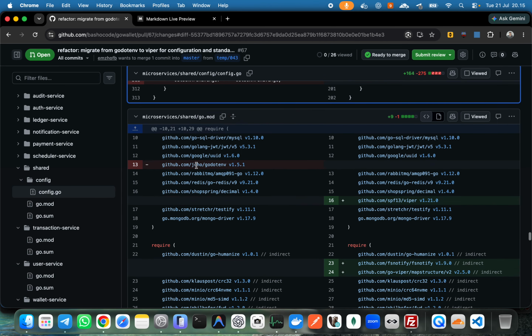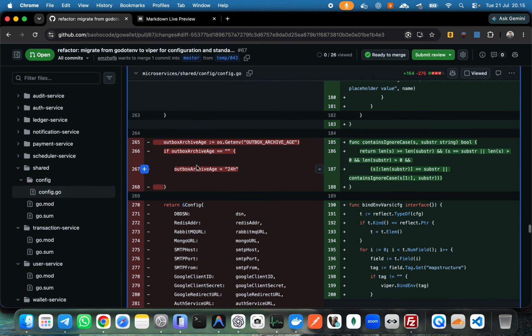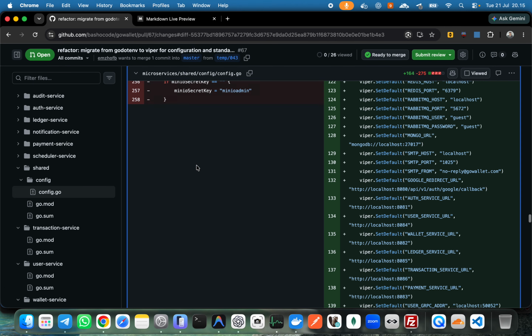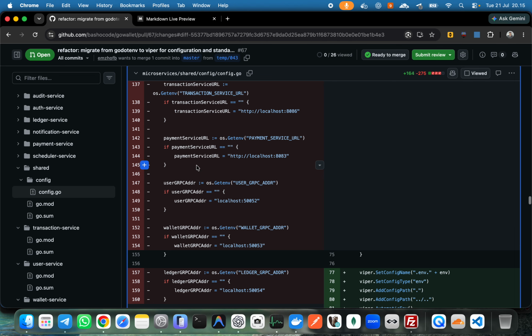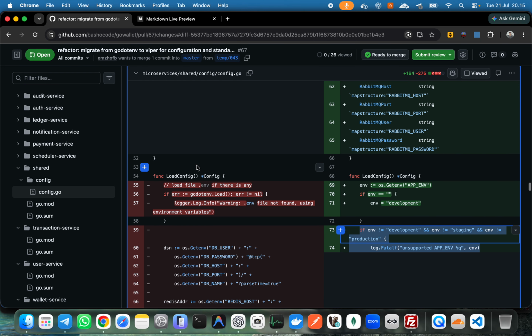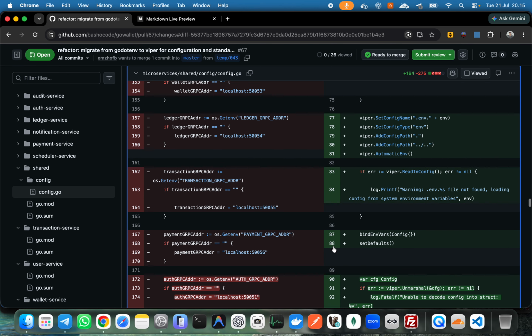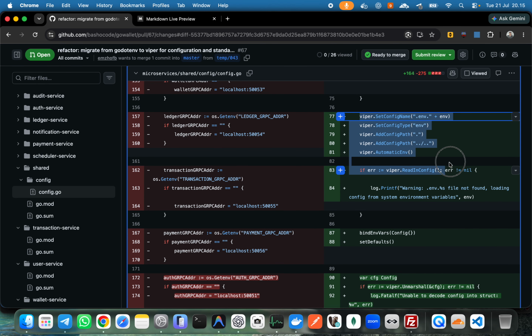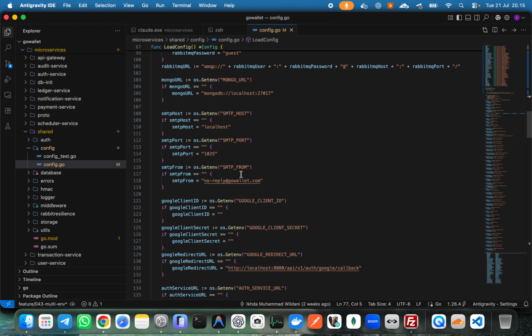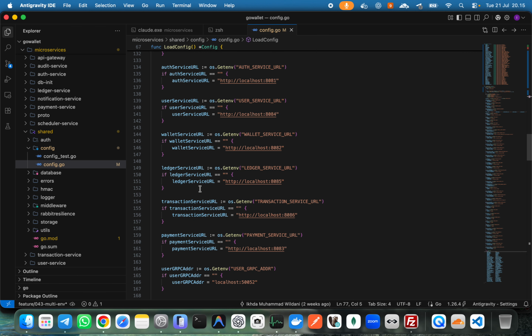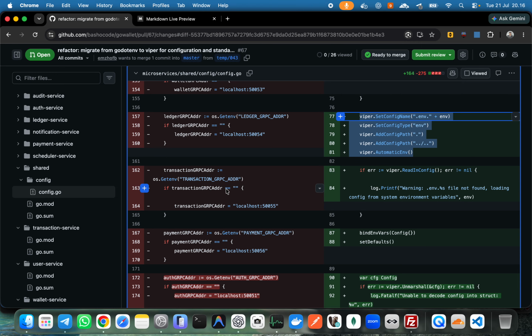So actually we just remove this first, until wallet. I think I want to change to wallet here, until ledger. Where is the ledger service, I think. Yep,